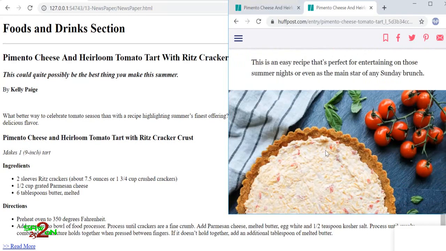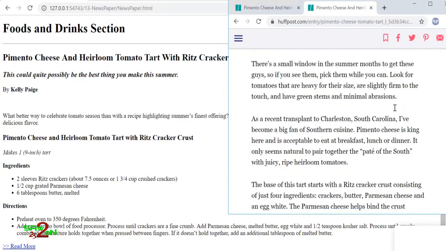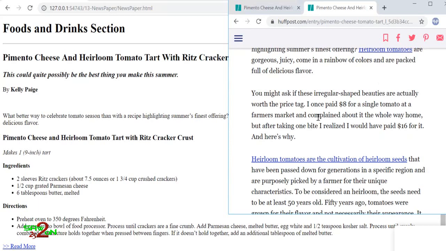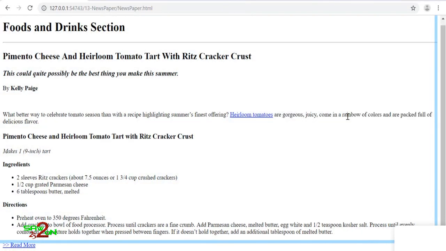Okay, we haven't learned how to embed image. We can actually download this image and just embed right over here. Okay, that we will be learning in the next section, how to embed things like video, image, audio and everything. So as of now, you can take any article and try to see whether you are able to create the same page or not. Okay, the only thing that you know is the tags.